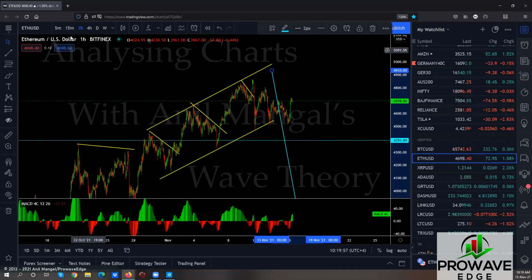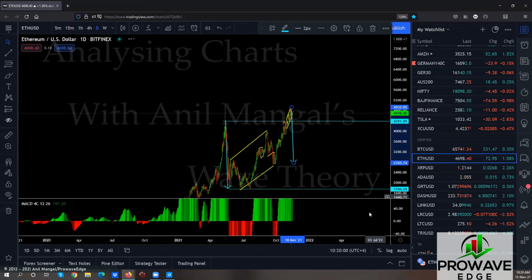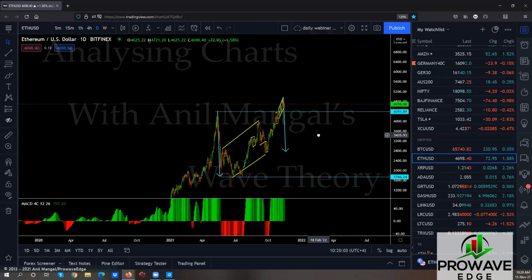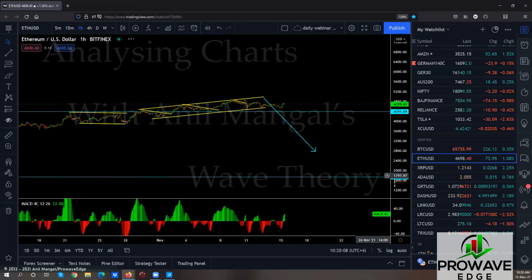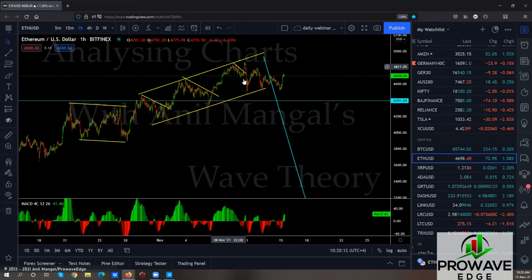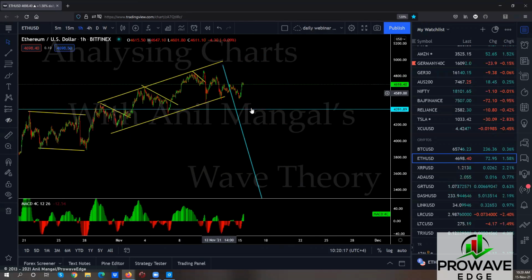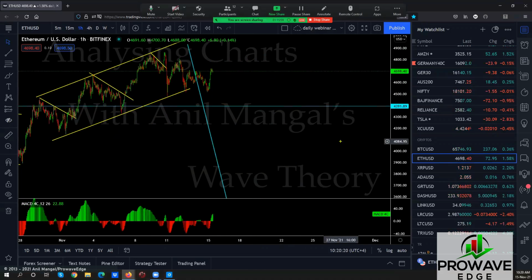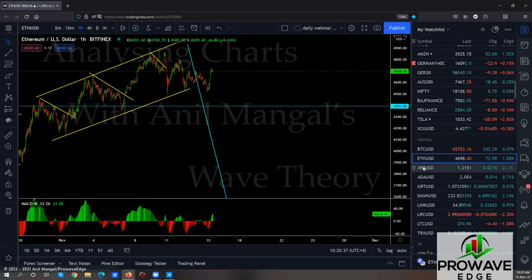Now, again, look at where we are in the daily. And based on wave analysis, is it a good buy at that point? Unless you get this pullback, that buy doesn't make a lot of sense right now. If you were buying here short-term, they were short-term buys. We clearly said you can buy here short-term. This is not a clear one for short-term buys. You can see that they actually have more consolidation here than these had. These were clear. This one is not so clear. Come back here probably. I don't know, maybe this is all you have. And then you drop totally. So I'll be careful of this buy.